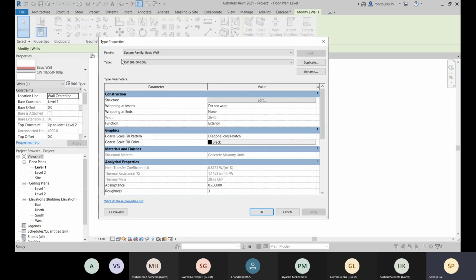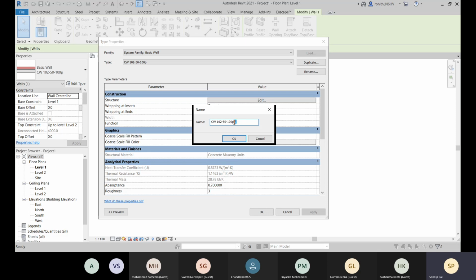Wall is a system family. You cannot load it externally. If you want to create your own wall, go with this duplicate option, and there you create it with a new name, or with the previous name you just modify it.